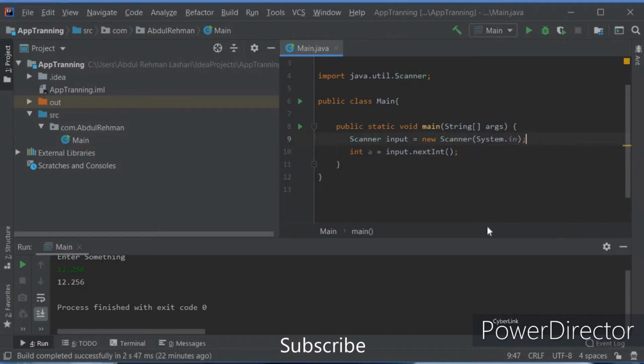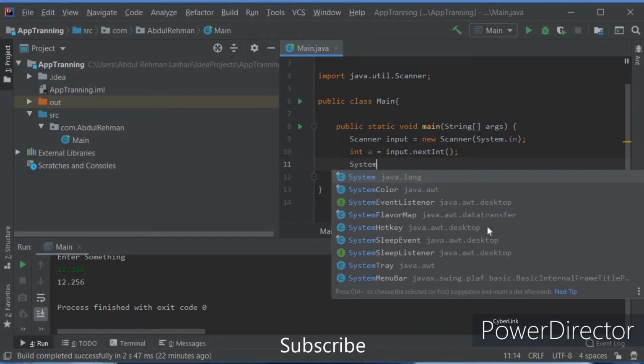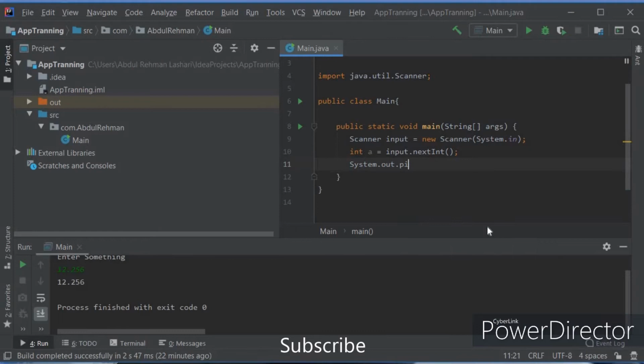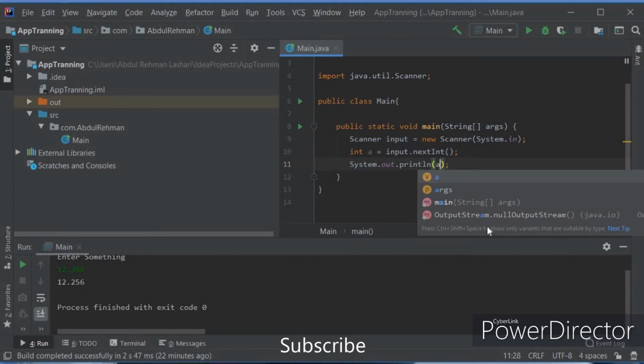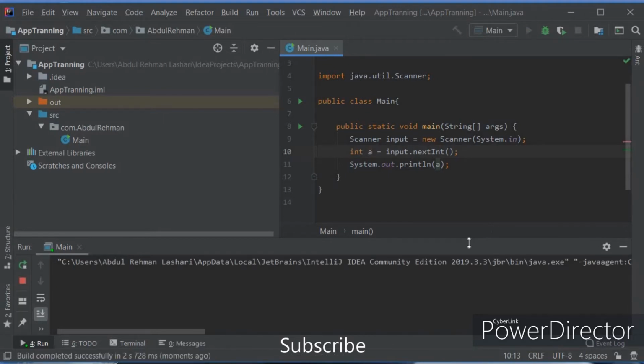Now come to line 11, where I'm going to print whatever the user enters. Whatever the user enters, I'm going to print it here. So now let's run our program. You see that there is nothing here because we haven't printed anything yet. It's waiting for input, so we can now give it input. I'm going to give it 1 2 3